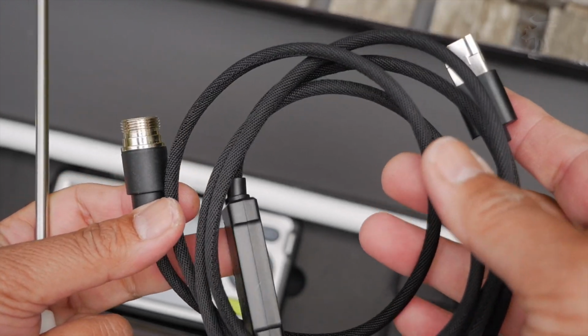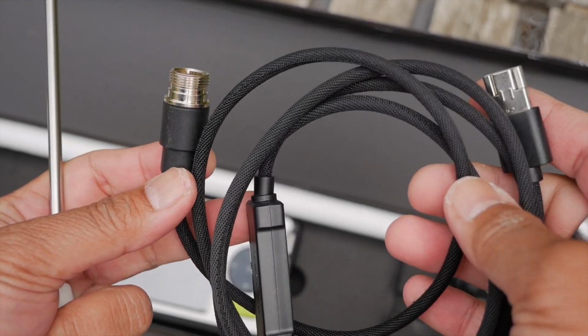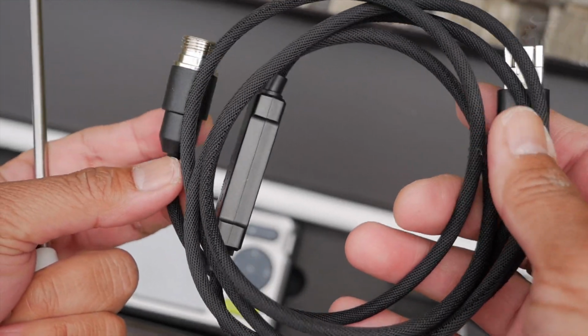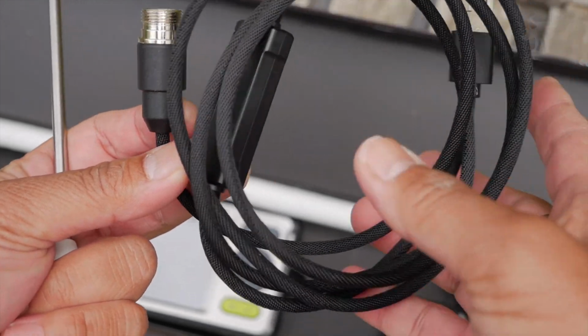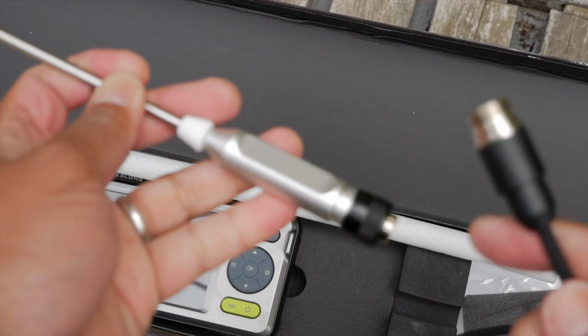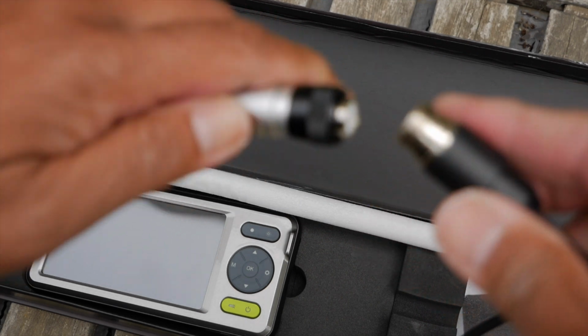Unfortunately, Android, or at least my Samsung S21, gave me an error screen saying that USB connection to the camera was disabled. I don't know if that's something that has to do with the free app that I downloaded for this. But if you get it to work with your phone, or if you have an Apple phone, please let me know. But we're going to connect it through the main cable, the USB-C that comes with the device,